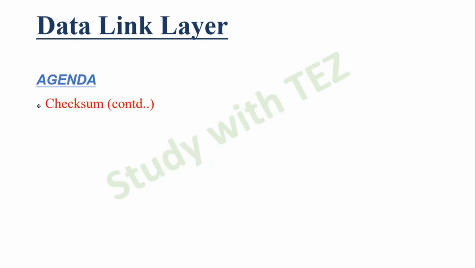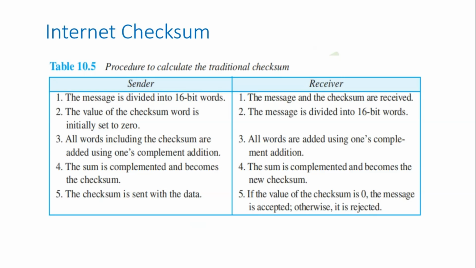In the previous video we were already discussing checksum, and the same thing continues here. I had explained with 4-bit; if the same thing is applied to 16-bit words, then it is the internet checksum. So the message is divided into 16-bit words. The value of the checksum word is initially initialized to 0. All the words including the checksum are added using one's complement addition, and the sum is complemented. Zeros are made as 1 and ones are made as 0. That complement becomes the checksum, and the checksum is sent with the data